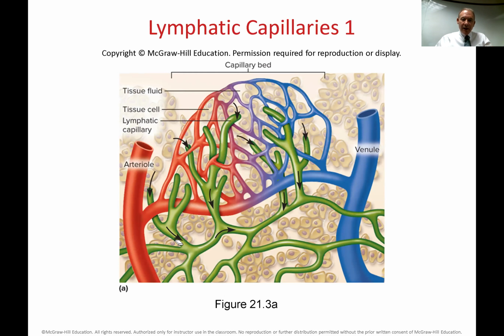So at the ends of these lymphatic capillaries, or if you want to call it the beginning, might be a better term, excess extracellular fluid, excess interstitial fluid can be picked up by these lymphatic capillaries. The blood capillaries don't recover all of the fluid, so the lymphatic capillaries do that. And these lymphatic capillaries, follow the pointer, will kind of merge from smaller ones into larger ones and larger ones,